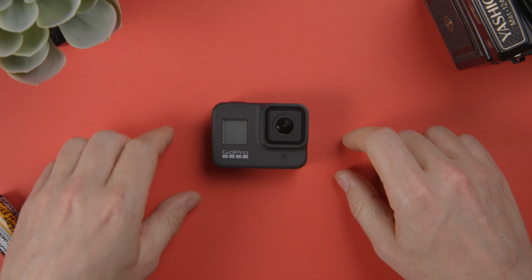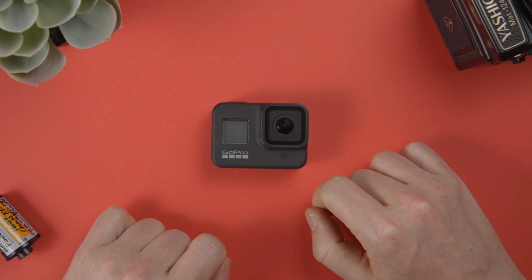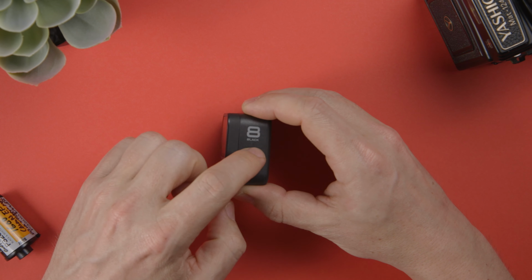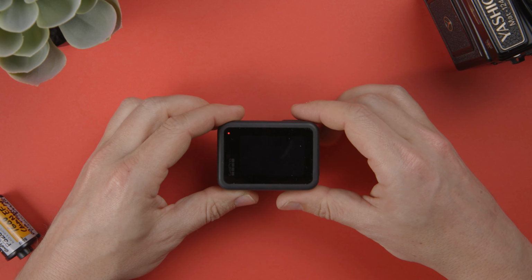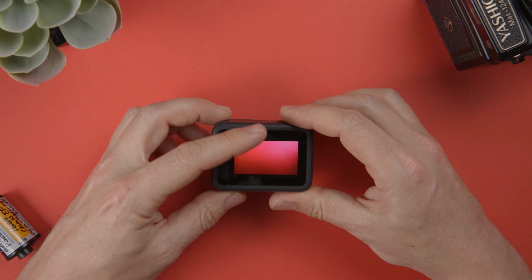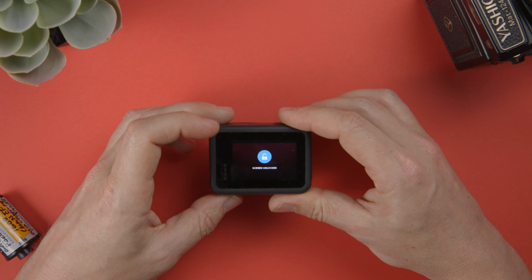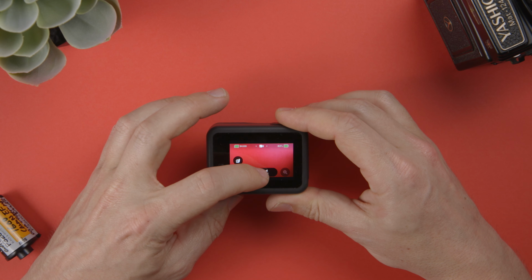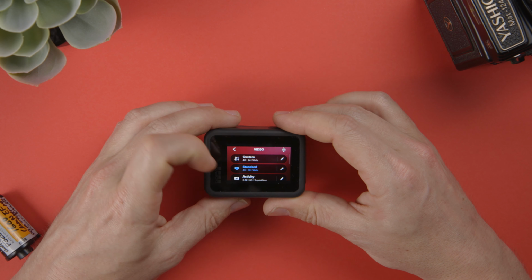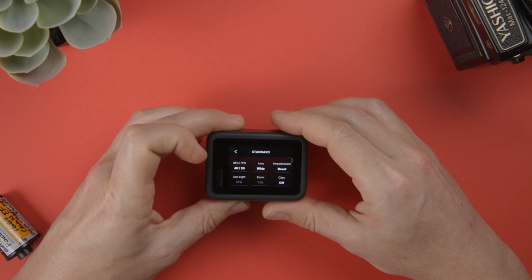Today I want to show you how to change the resolution on the GoPro Hero 8. So basically, turn it on with the side button here. Once it turns on, we want to unlock the screen, so swipe down and press the lock. And then when we hit here, let's say we're in standard, we press the pencil and you can go